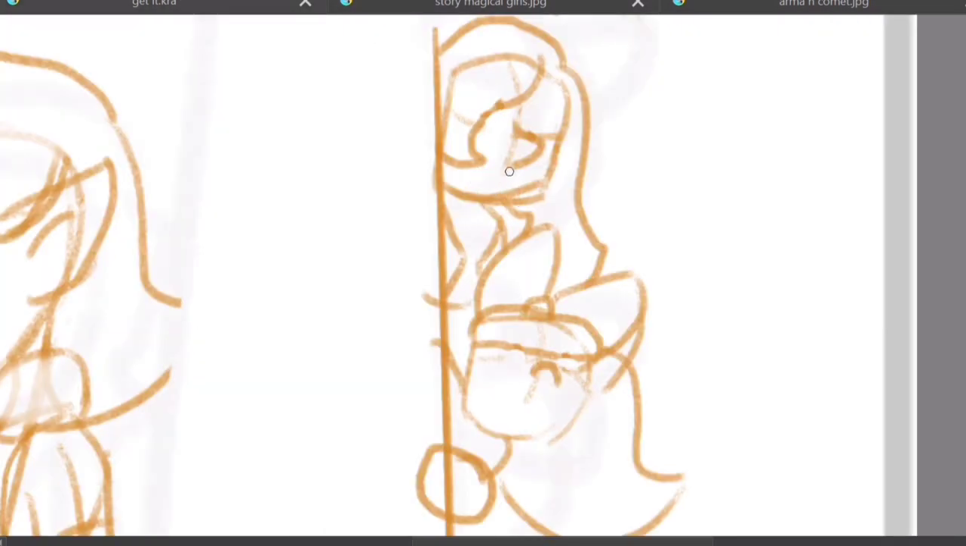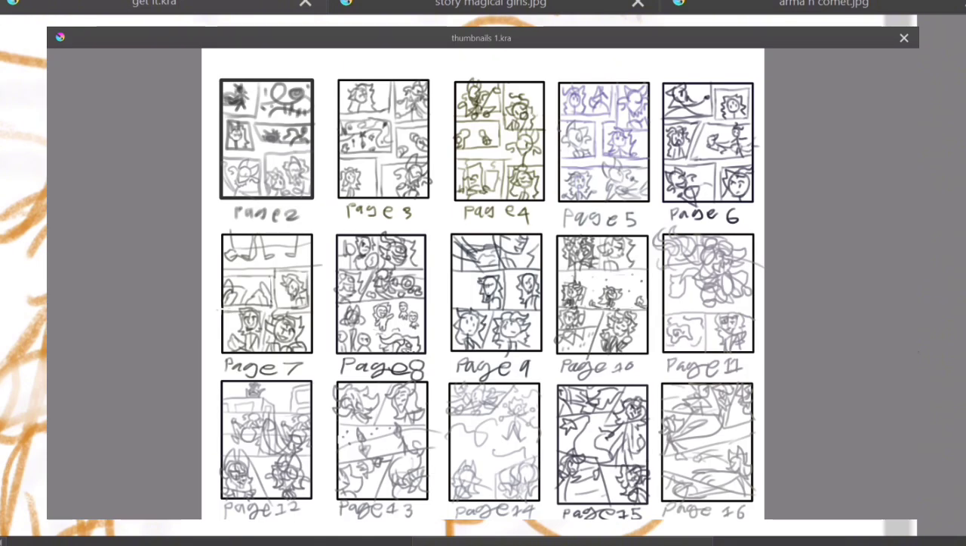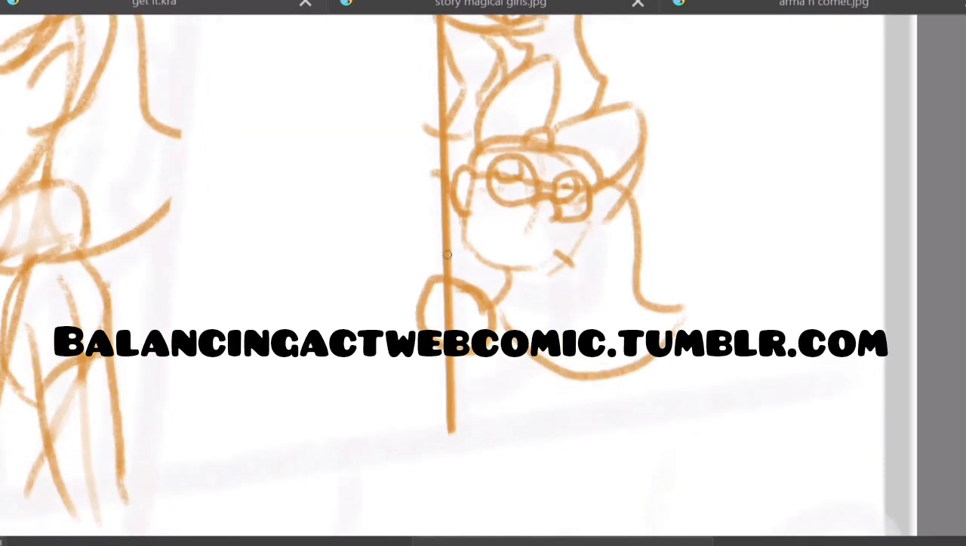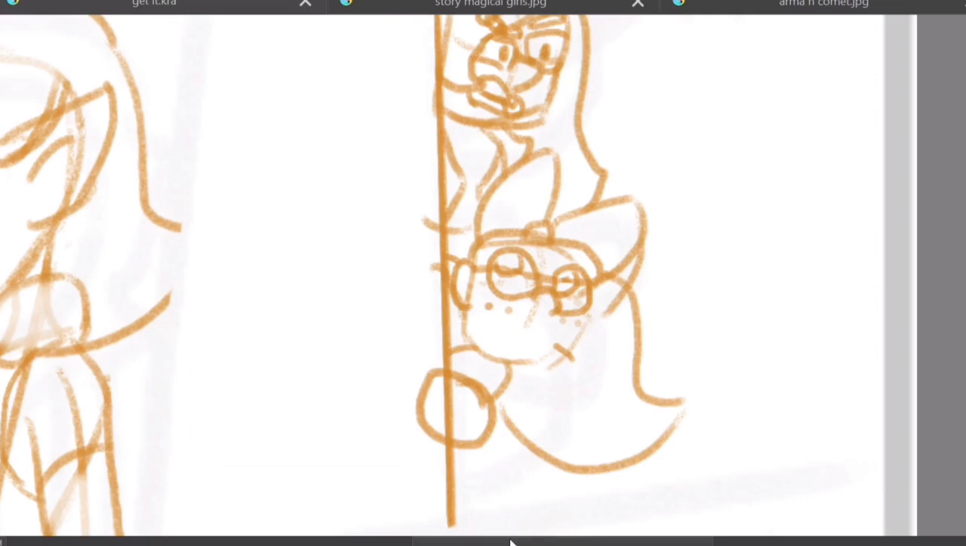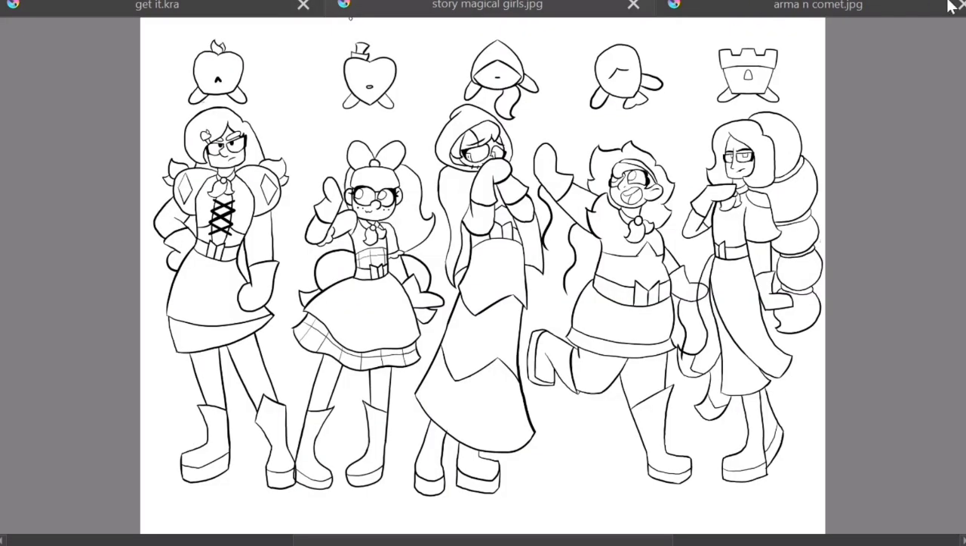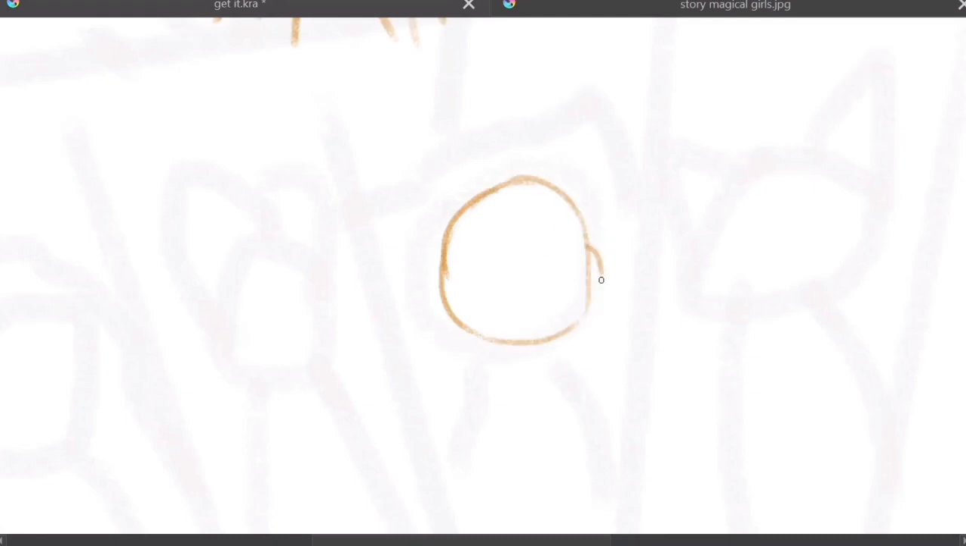So I guess starting off with my comic process. First off, I start with a thumbnail, which I'll put up a bunch of thumbnails for my webcomic of pages that I've already done at balancingact.tumblr.com. If you guys want to check it out, I'll put a thing in the description, please look at it, please. But yeah, I start out with a little thumbnail,